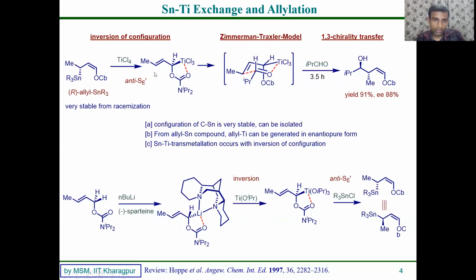A similar reaction, but what I want to say here is that the chiral tin reagent, the allyl tin reagent, can also be used as a stable intermediate, and it can be used without lithiation, asymmetric lithiation. This chiral reagent can directly be used in the presence of titanium tetrachloride to generate this type of highly reactive allyl titanium complex, which will undergo the allylation reactions. The moral of the story: the tin compound can be generated from the titanium, and the titanium compound can be generated from the tin. So this reaction works vice versa. Whatever you need, you can do according to your wish.